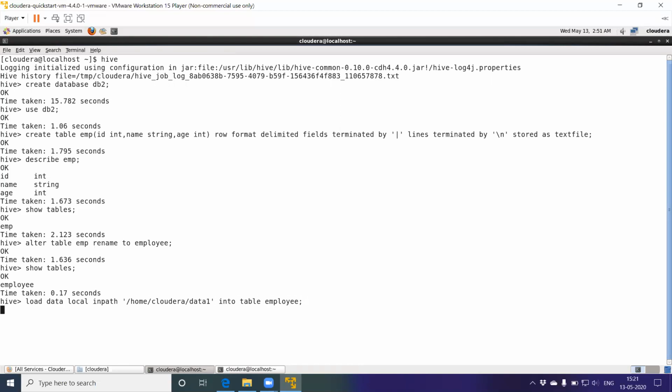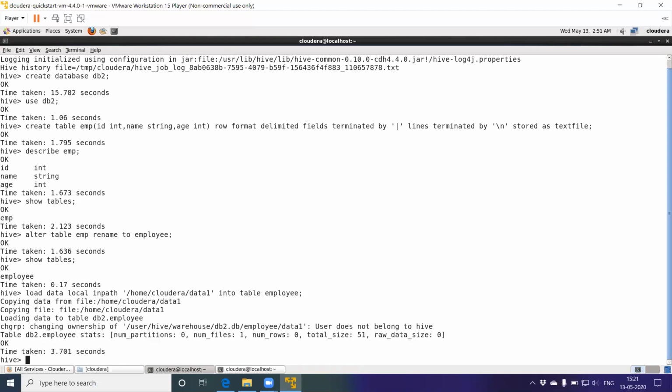Semicolon. So this is the load command which is used to load the data into Hive. Note here, we can load the data from HDFS as well. If you want to load the data from HDFS, you have to put this file data1 into HDFS using the Hadoop fs -put command. The slight difference with the load command is, if you are loading it from HDFS, there is no need to use this keyword local. Okay, so you can display the content of this table using the select command, that is select star from table name.